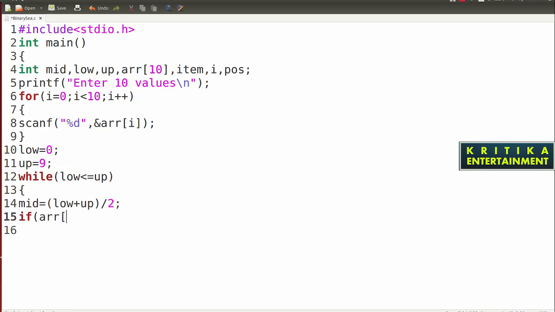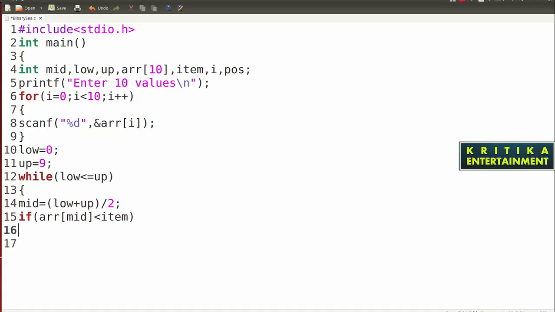Then I will write if ARR mid less than item.